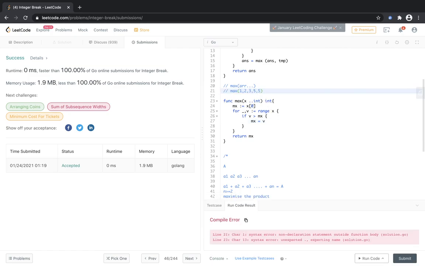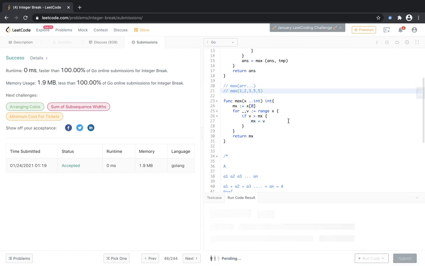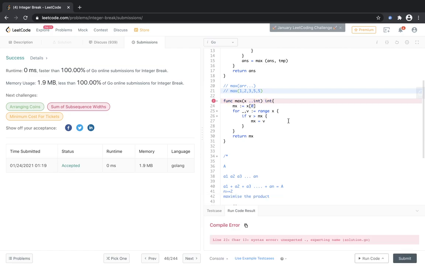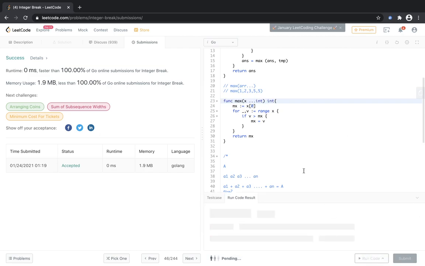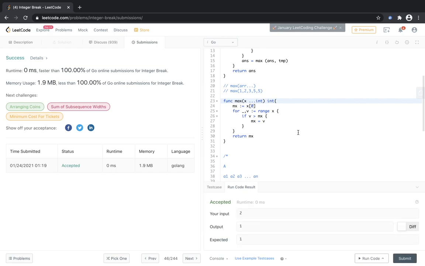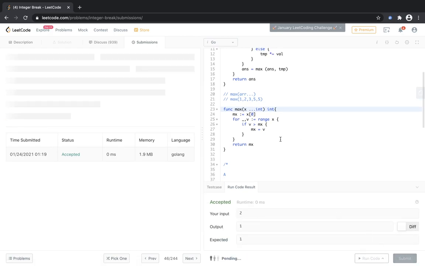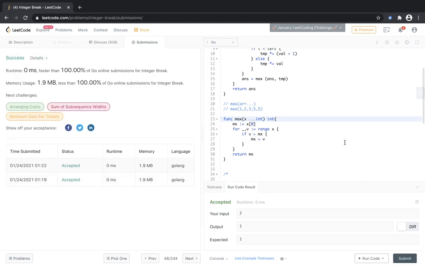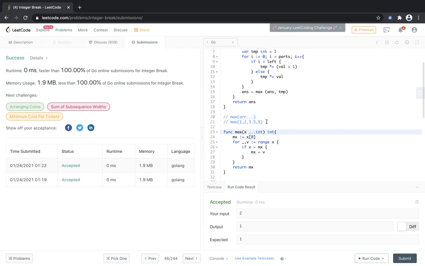Obviously this is an error. Okay, these are three dots, not two dots. So this will also work, and this is the alternate way that we should implement things if we want our max to be more generic.